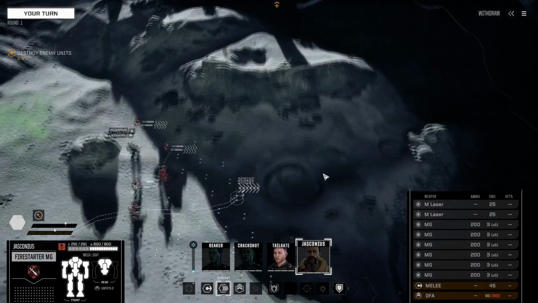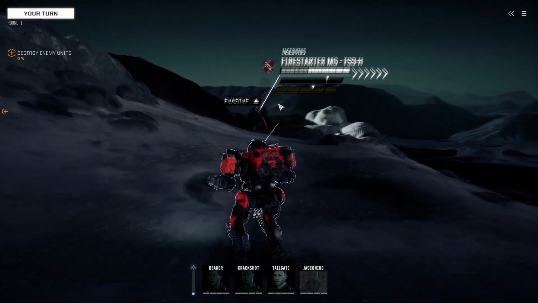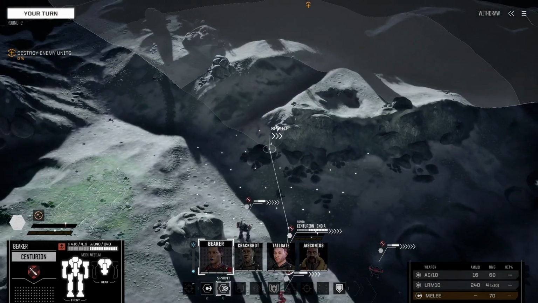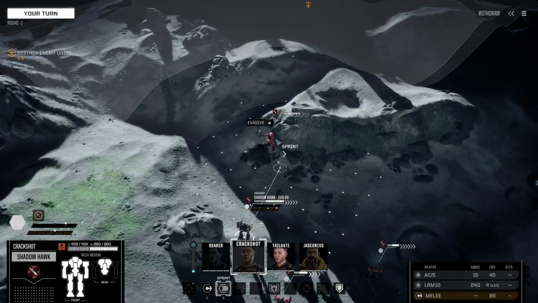Shadowhawk. And then our little guy here is going to go try to make a flanking type maneuver and shoot people in the back. I want to be in position here to shoot, but only if